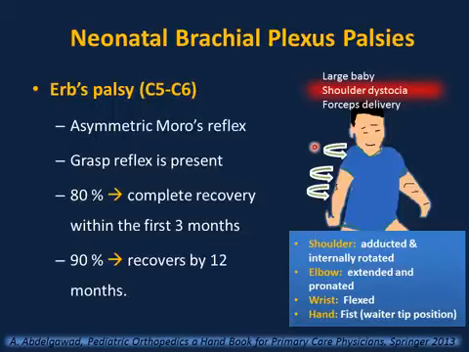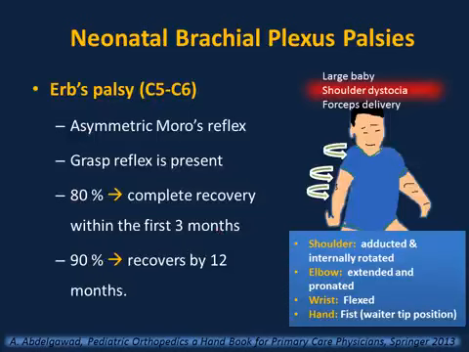The clinical presentation of Erb's palsy is: the shoulder will be adducted and internally rotated, the elbow will be extended and pronated, and the wrist will be flexed, and very important to know, the hand will be in a fist, which is the waiter's tip position. But the grasp reflex will be normal, and if you do a Moro reflex, it will be asymmetric, normal on this side, absent on this side. Very important to know that Erb's palsy has the best prognosis, 80% complete recovery within the first 3 months, 90%